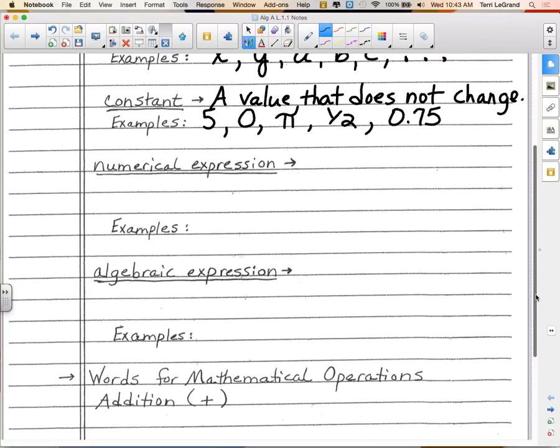So an equation actually is made up of expressions. It has an expression on this side, an equal sign, and another expression on this side. Well, now those expressions, whether they're not part of an equation or they are part of an equation, there are two types. There are the numerical type and there are the algebraic type. So a numerical expression is a mathematical phrase